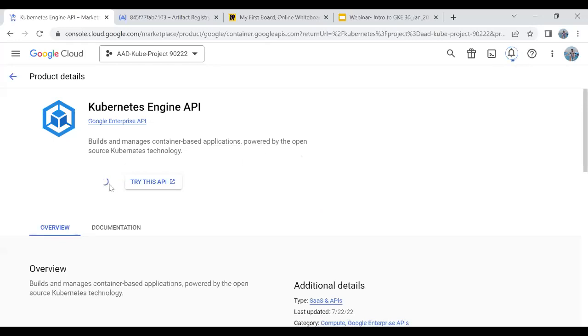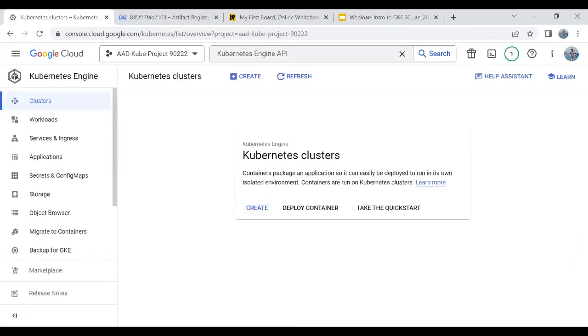It is taking longer than usual. Okay, so while it is creating, enabling this Kubernetes Engine API. Yeah, I think it created. Yeah, okay. So